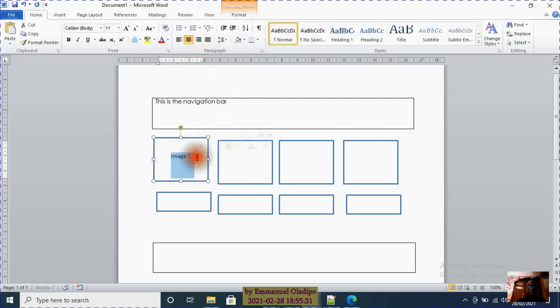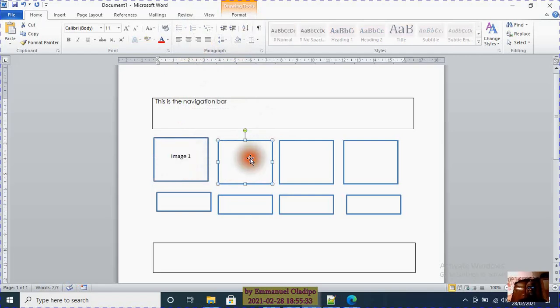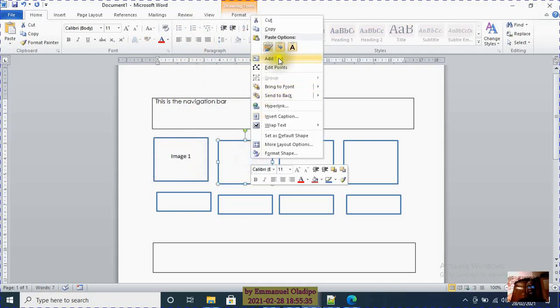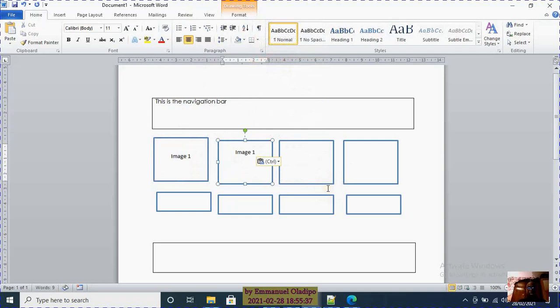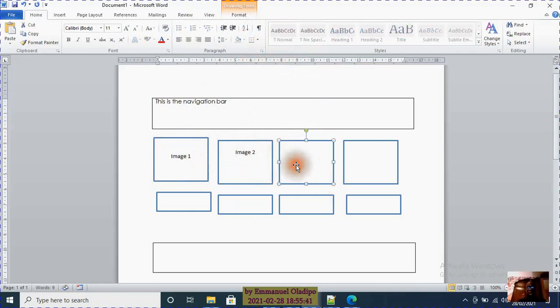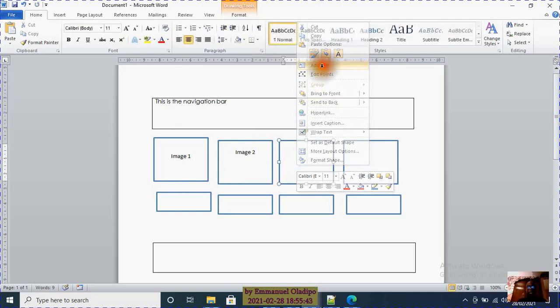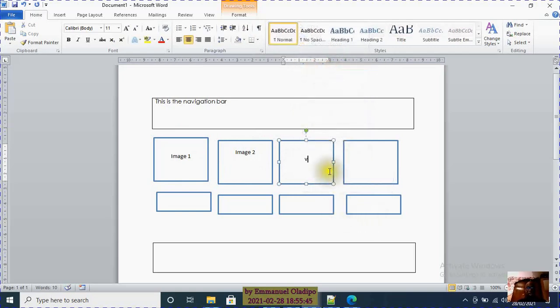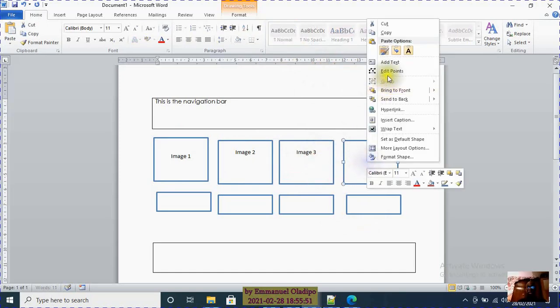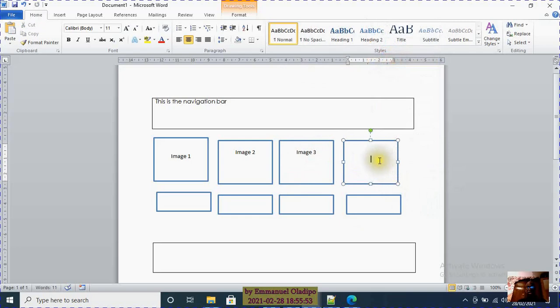I'm just gonna copy that, right click, add text, image 2, right click, add text, image 3, right click, add text, image 4,